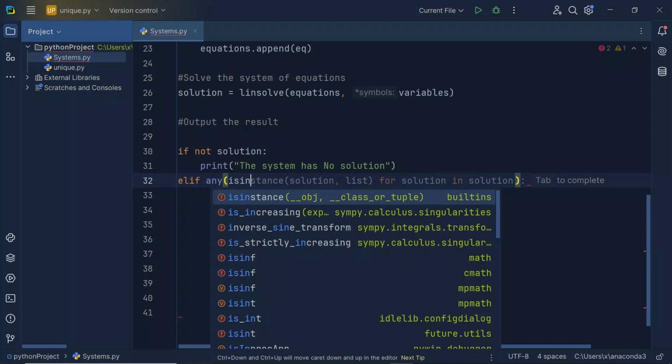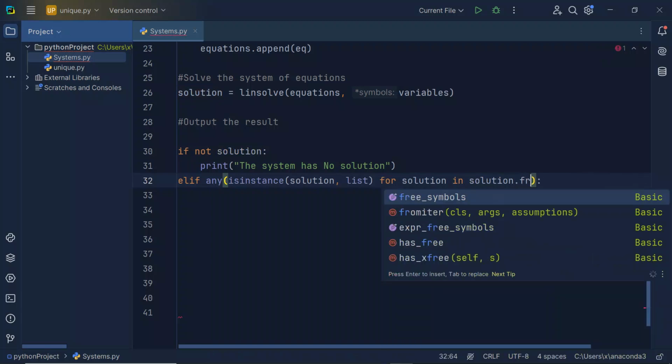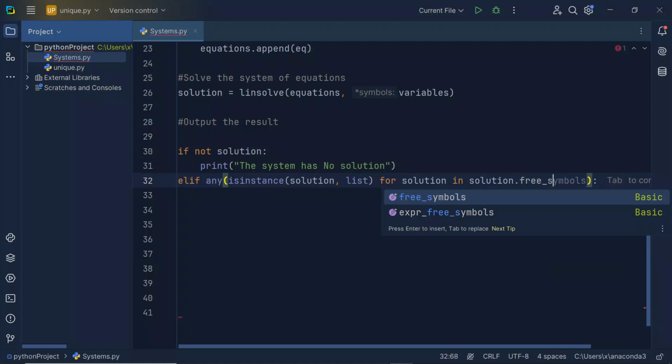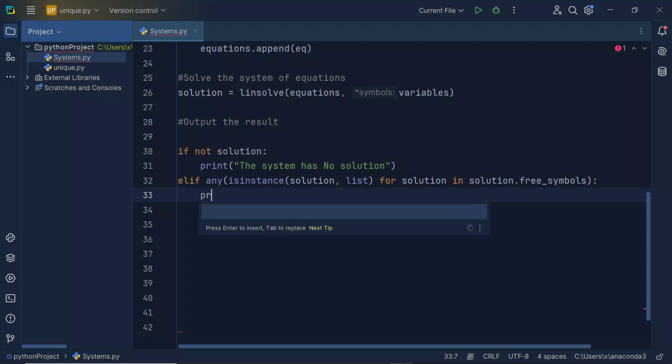So what we are doing: if for every solution you have in the solution there is a free variable, free underscore symbols. Like I said, all these things come with the Sympy package, and that is the beauty of it. Okay, print